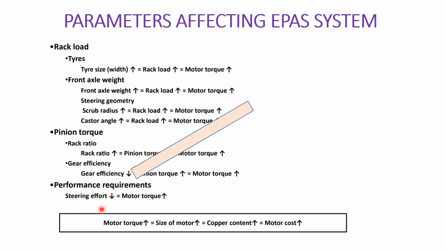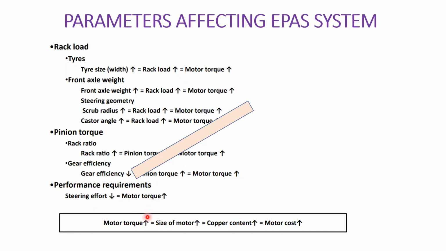Sometimes you need to give a lot of force. Sometimes you need to give less force. I can turn the wheel with less force also, if I have high motor torque. But when I have high motor torque, the cost will be higher. This is where the challenge is. You need to select; power is equal to 2πNT by 60,000, right? Accordingly, you can calculate the power of the motor. The higher the power, the less steering effort, but the higher the power, the higher the cost.